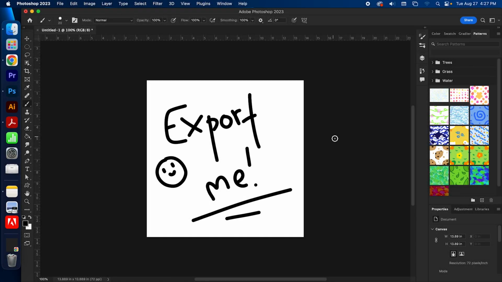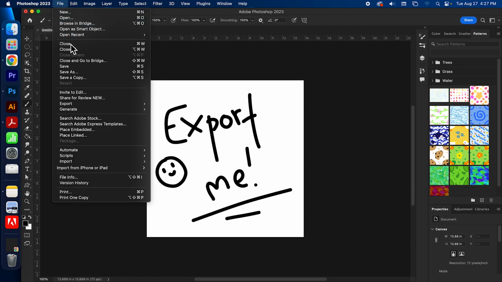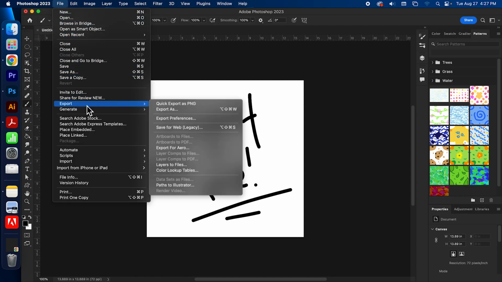Okay, here's a real quick one, y'all. How do we export a PNG file or any other kind of file that is an image? We are going to start by going up to File, past Save and Save As, and down to Export, over